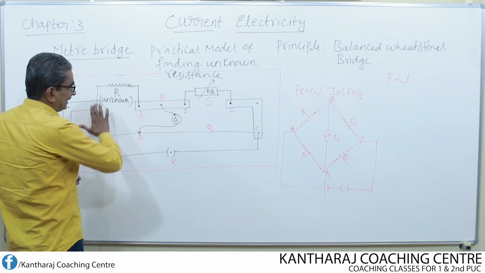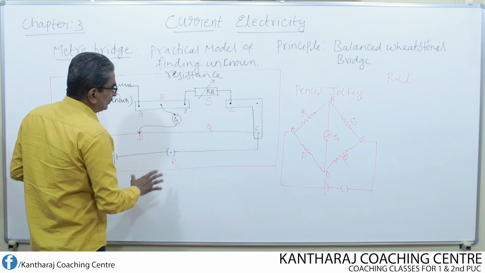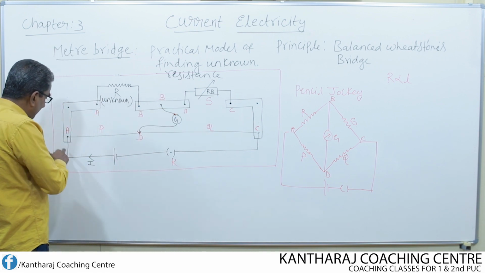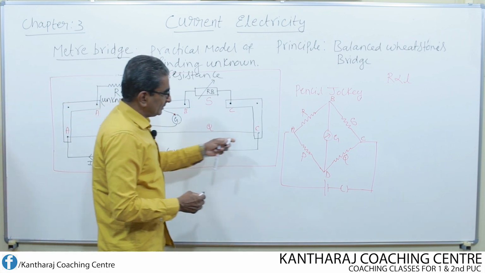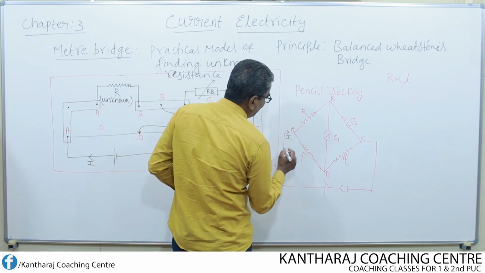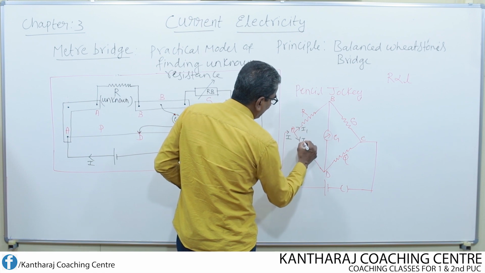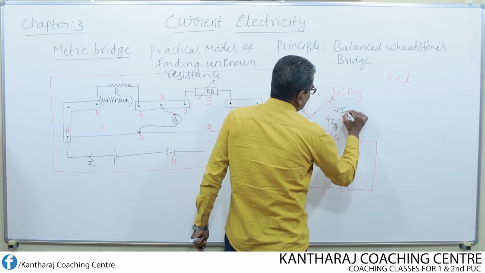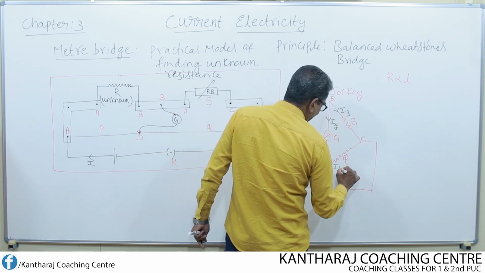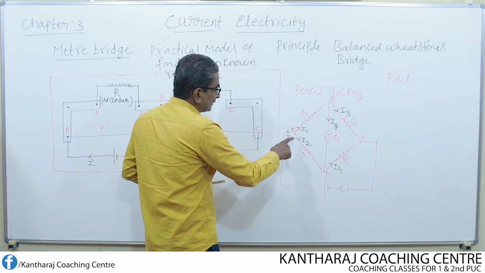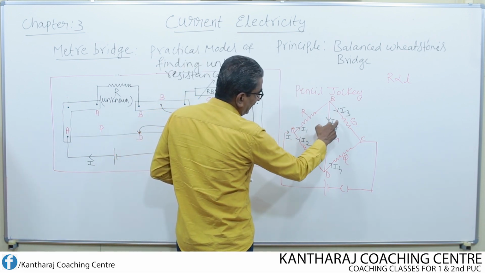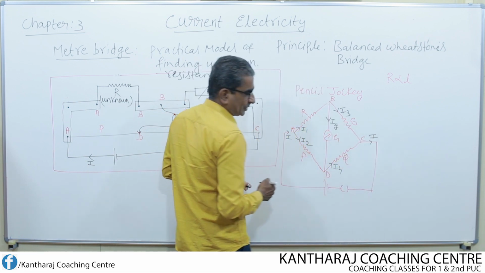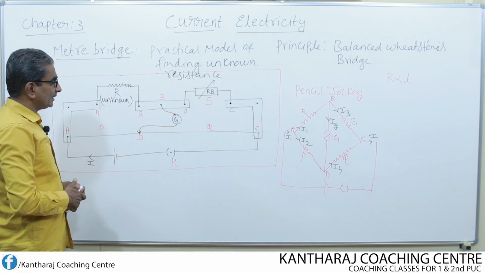Now this current flows in the entire circuit and it branches out into different resistances. That means the main current I splits into different parts. You can also understand from here. I is the main current, then I1, I2, here the current will be Ig, here the current is I3 and this current is I4. So the main current I splits into I1, I2, I3, Ig. Once again at this point the main current flows out from the point C.